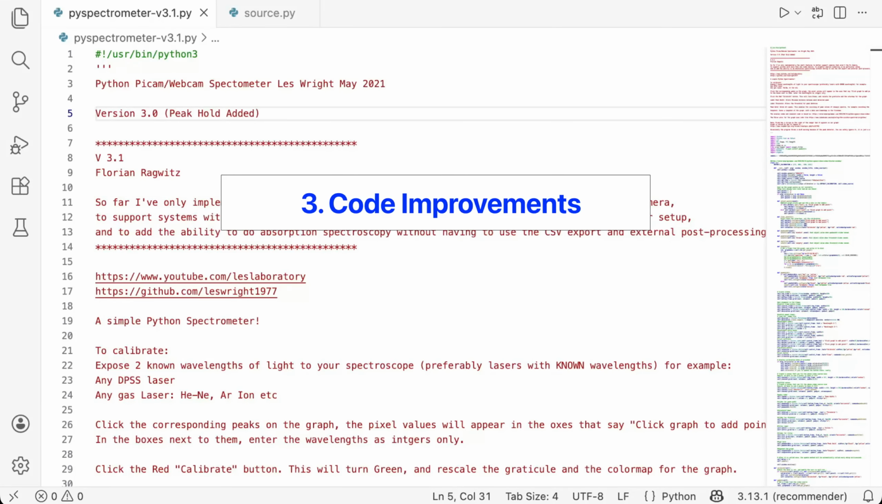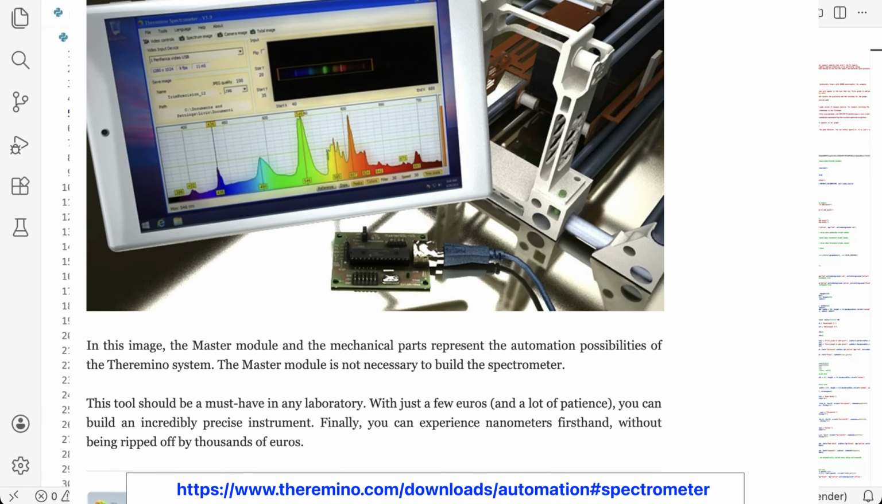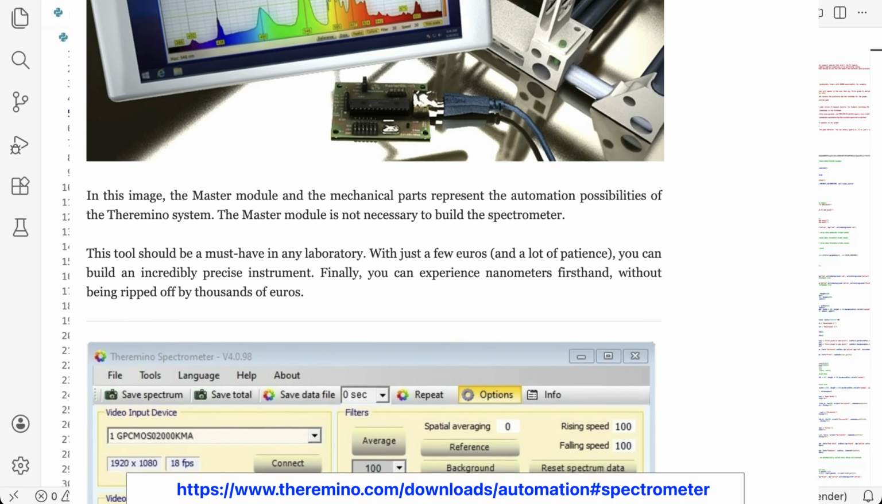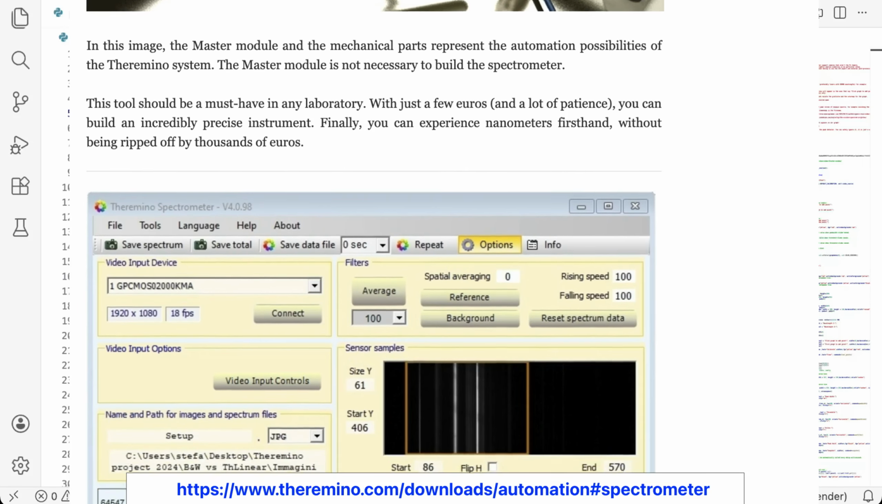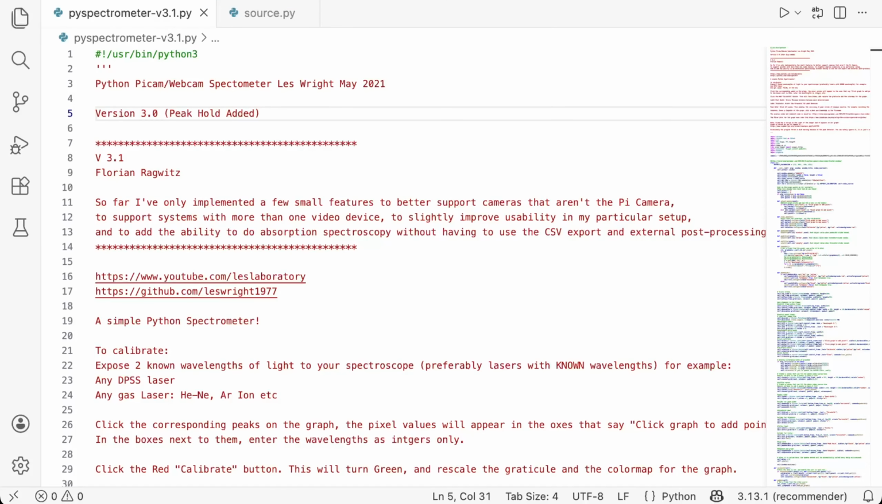Okay, now we're ready to start with Python. If you are not interested in Python and you are a Windows user, you can use the Termino program. It is freeware and it can work with the spectrometer out of the box. It is easy. But I will show how to use this spectrometer in Python,